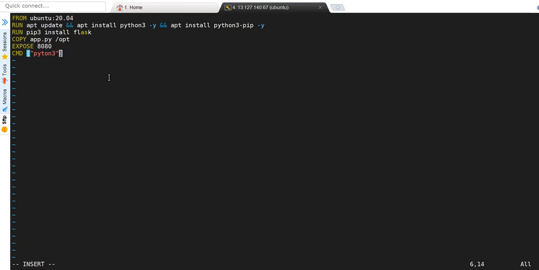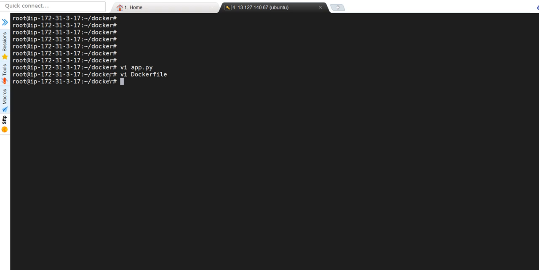So the command we want to run is python3, which is a utility, and then our application, which we copied under the /opt directory. Okay, so let's try to run that as well. So that's it. This is what we need to write in the Dockerfile, where we have written a sequence of instructions. Once we are ready with this, what we need to do next is build